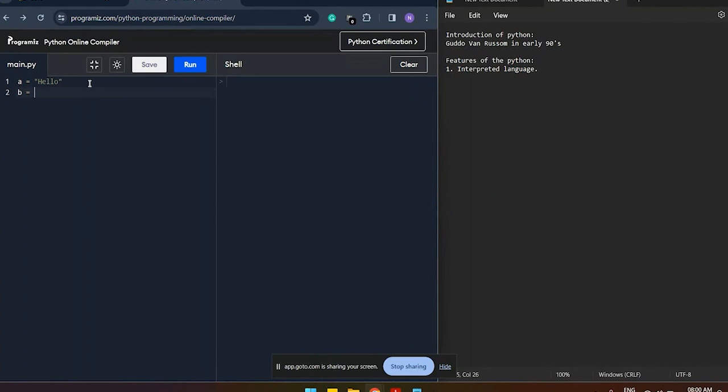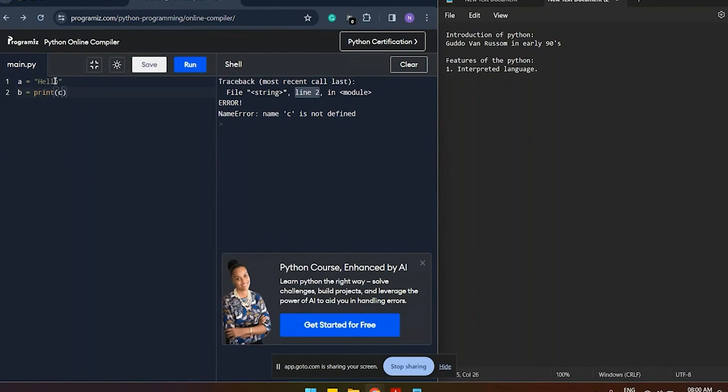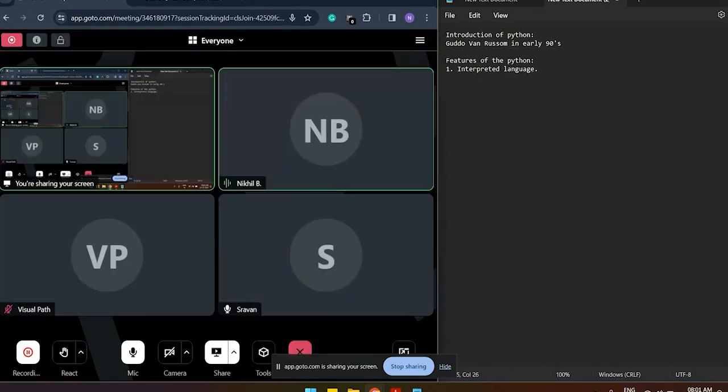But if you print C, and C is not defined here, and you run this, at line number two we get an error. So the first line is okay, but at the second line you get the error. So that is line by line code execution. If I run this, you will get the print of hello for the first line. So that is line by line code execution, right?